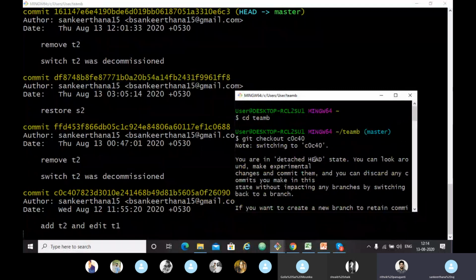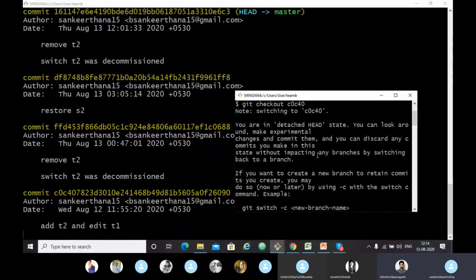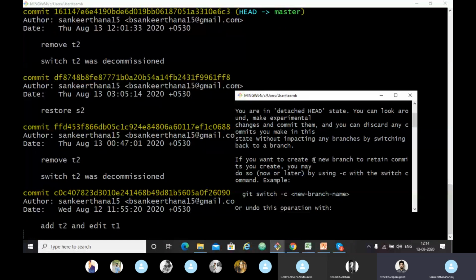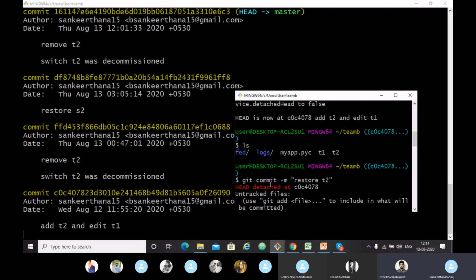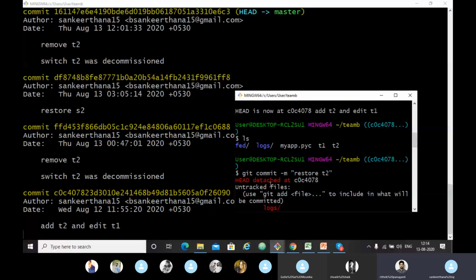I thought it would go directly to the hash, so you just have to type the file name here. Don't forget that. I made a mistake here, so it is detached HEAD. It shows detached HEAD everywhere I go. If you don't make that mistake, you can just restore T2 by giving the file name.